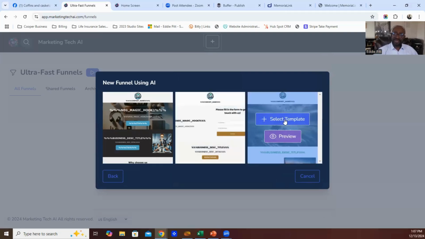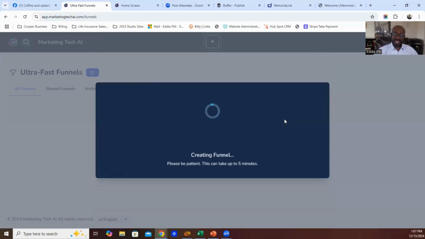I'll select this template here. More templates are coming, and you can start from scratch. Now, this process in building this funnel is scraping my website, getting all the information so that it can present properly. This will automatically be set up so that it is prepared for search engine optimization with so many of the taglines and things that are needed so that you can be found on the website in Google searches and in Siri searches and things of that nature.